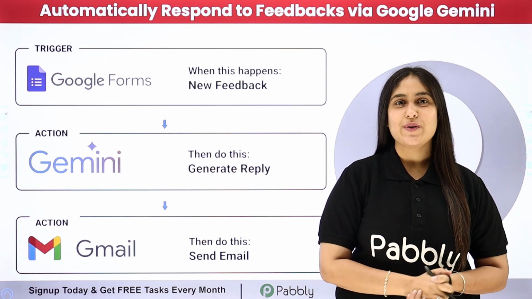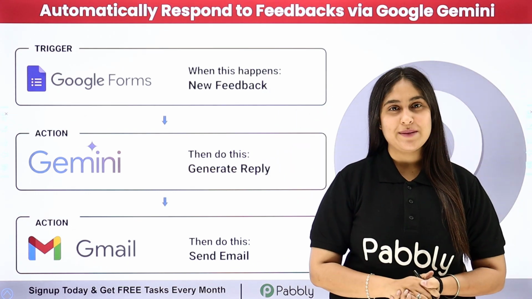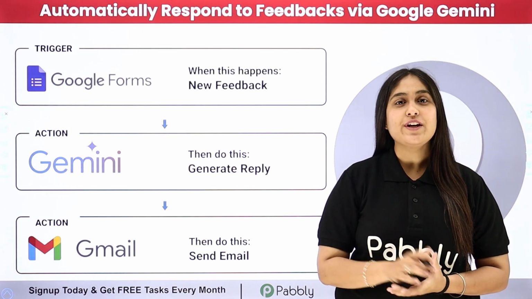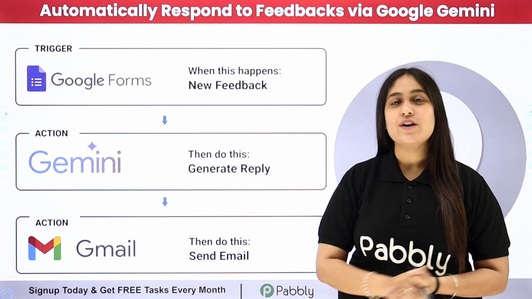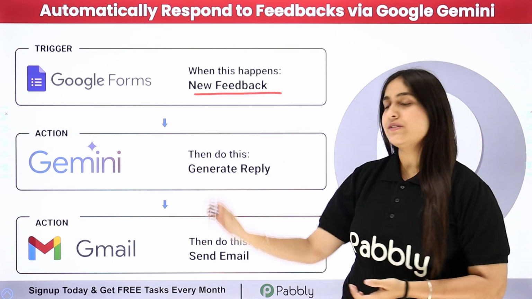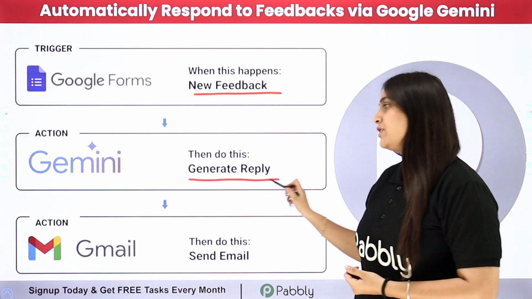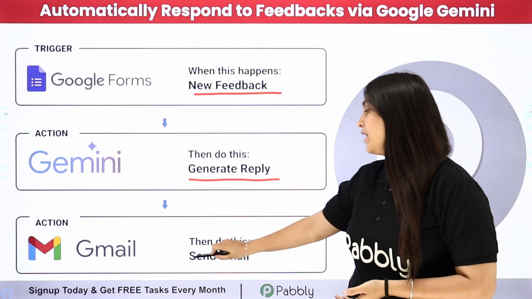So in this video we are going to learn how to automatically respond to feedbacks via Google Gemini. So I work in customer support of a tech company and I have created a service feedback form using Google Forms. So here in this case I want whenever a new feedback is received in my Google Forms, automatically a reply to that feedback should be generated using Google Gemini, and after that automatically that reply should be mailed to